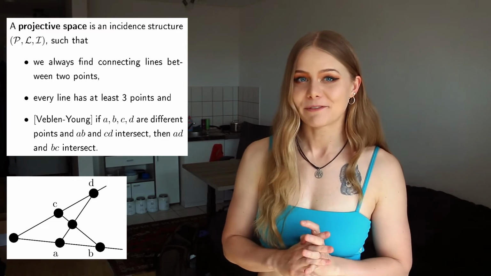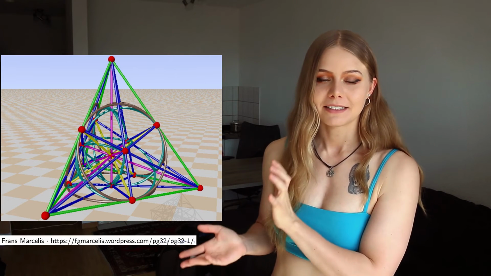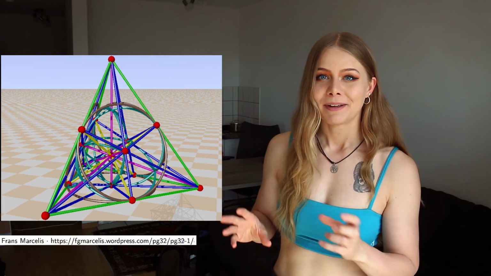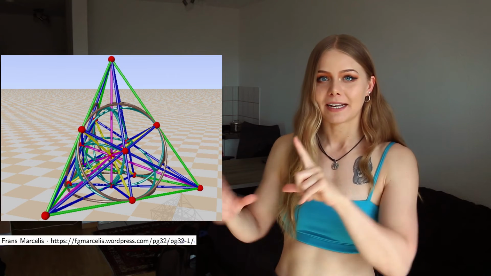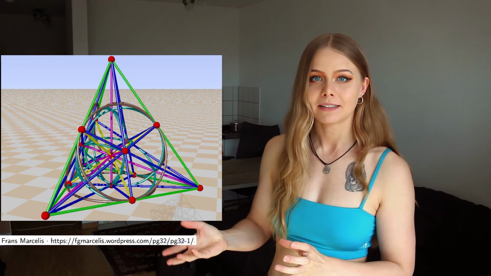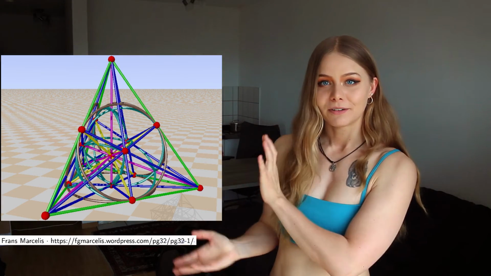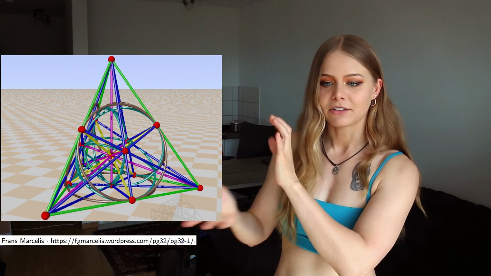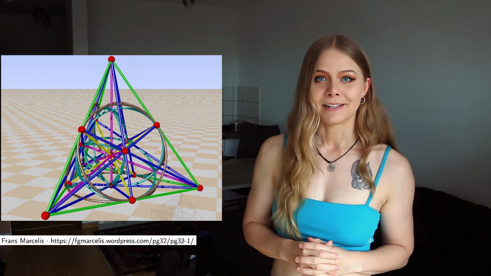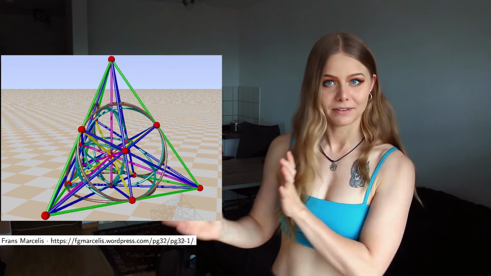So what would be an example for a projective space? This picture. It is drawn by Franz Marcelis. Don't know how to pronounce the name, but you can also find it on his webpage. And I think this is a very cool example because you can actually find the Fano planes in this example. So if you have a projective space of higher dimension, you obviously have projective planes in the space. So I think this is cool because you have this 3-dimensional little drawing and then you can see the Fano planes in there. So one can check that this is a projective space. I will not do that now, but this would be an example.